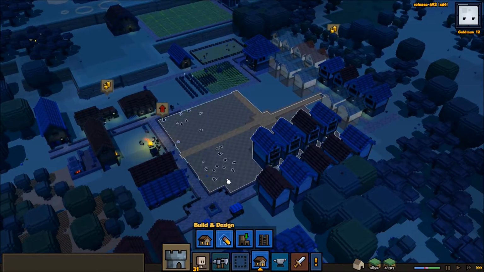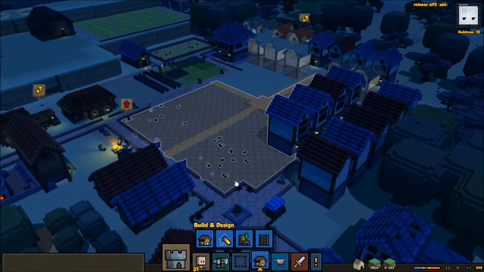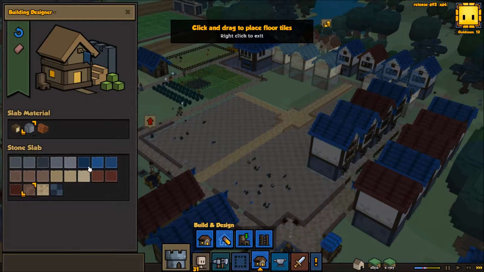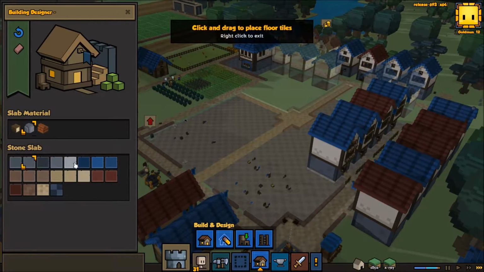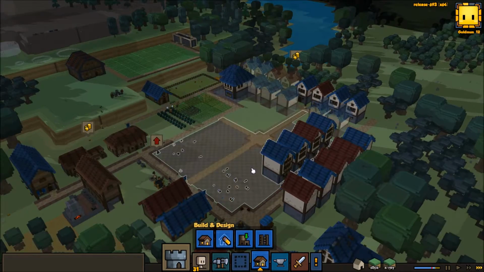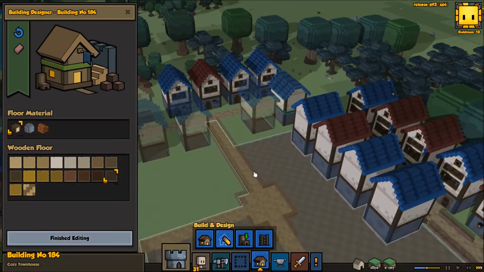I'm not super enthused about the checkerboard pattern. But I've been looking around here, and there's just not really another slab or color type, or whatever you want to call it, that works well, is what I'll say. But let's go ahead and get